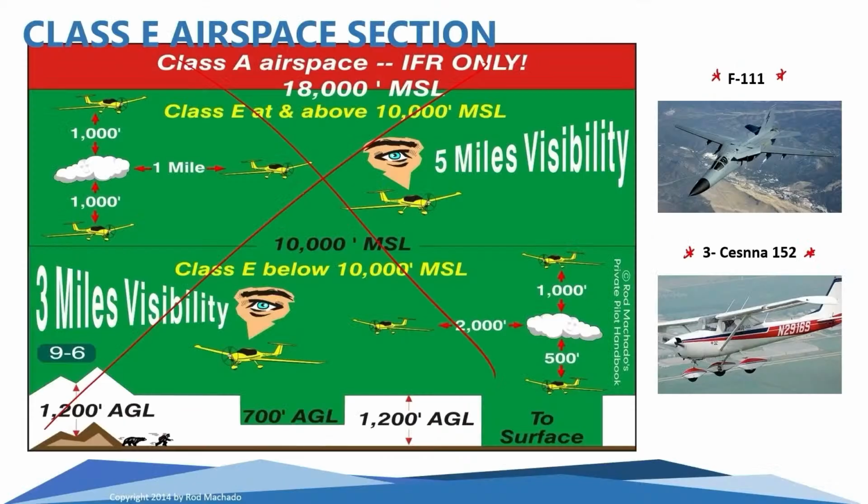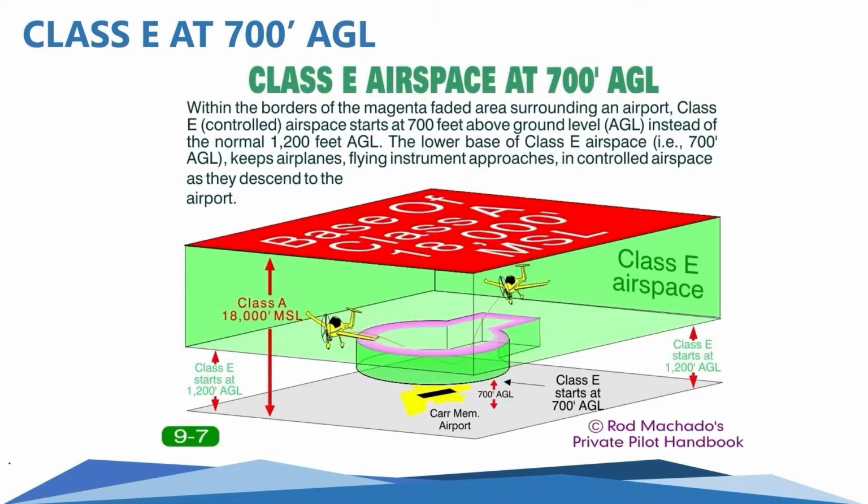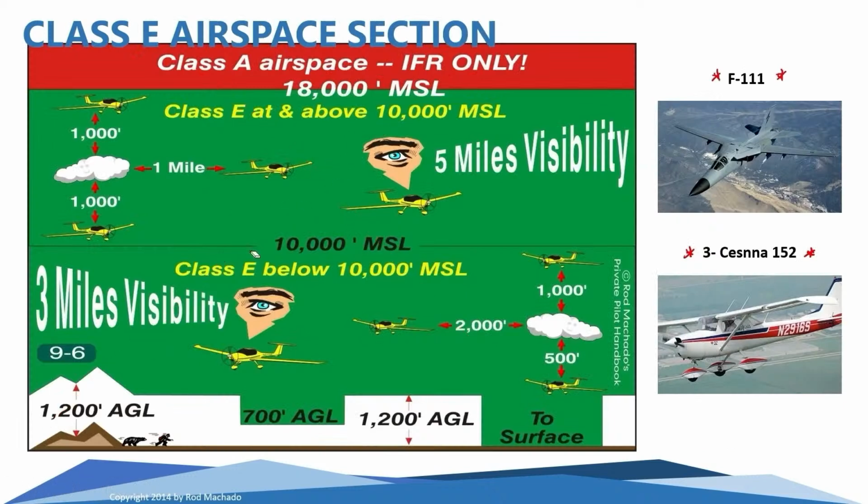All right, so now that we have that, it's basically the same thing here. Depending on how visual you are, basically what I showed you guys back there, same thing, 1,000 feet above, 1,000 feet below, 1 mile horizontally. Okay. The reason why you have greater requirements above 10,000 feet is the speed. There is no speed limit. The only speed limit above 10,000 feet is you can't,